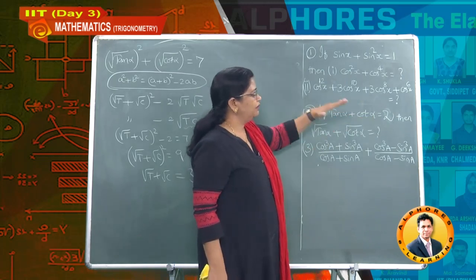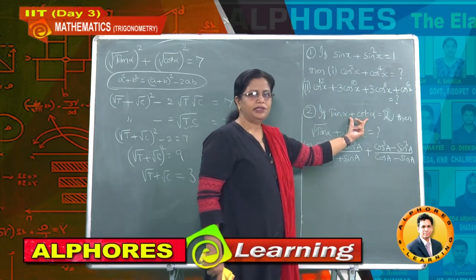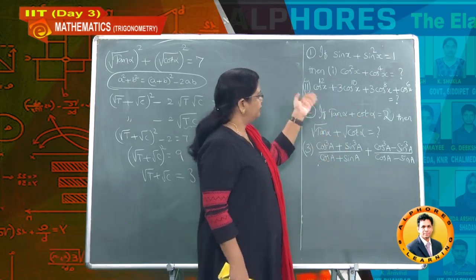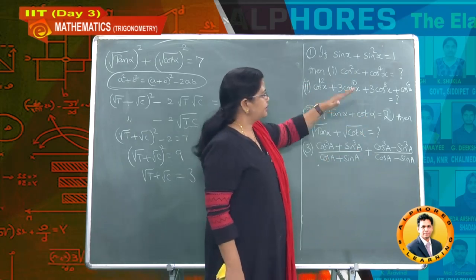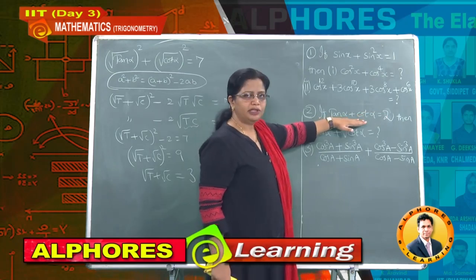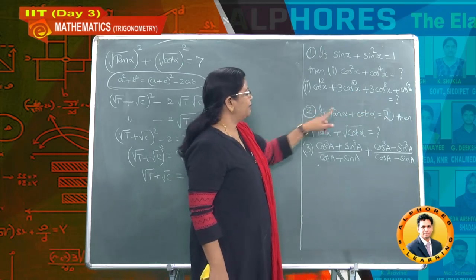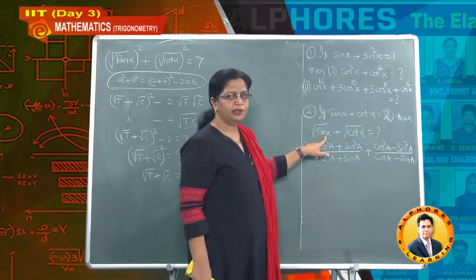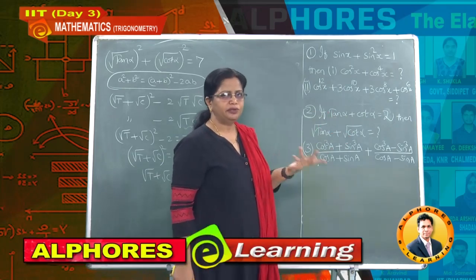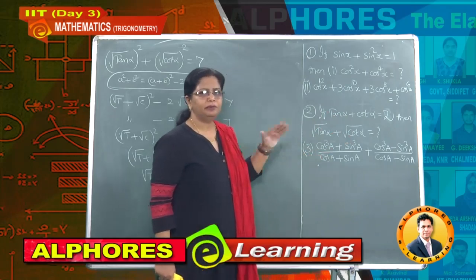Therefore, for alpha equal to 45 you can observe clearly the given equation is satisfied. You cannot take whatever value you require; the value you take should always satisfy the given equation. So the given equation is satisfied by alpha equal to 45 degrees, and if I substitute the same alpha of 45 here, you will get 1 plus 1, then again the answer will be 2 itself. Understand, students? Now let us see the third problem.